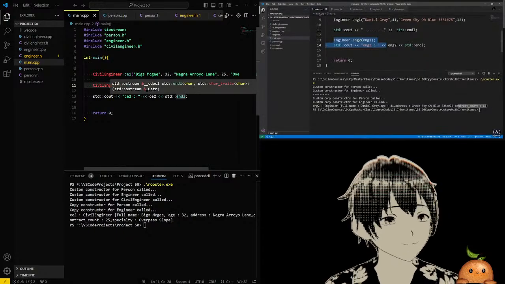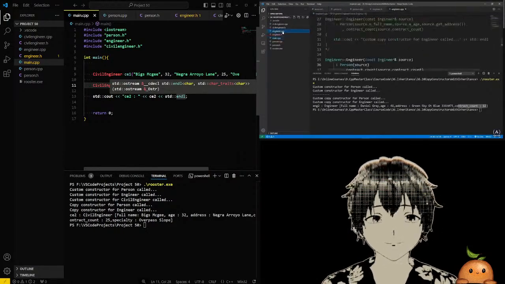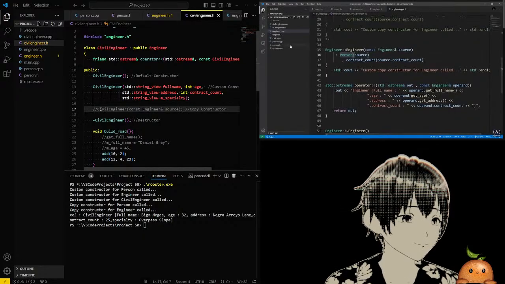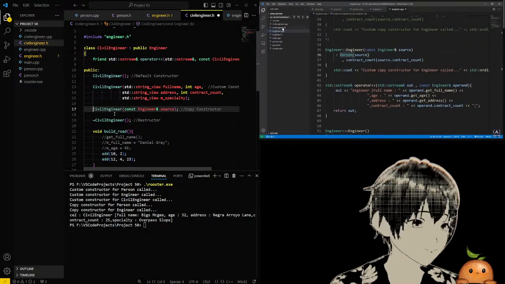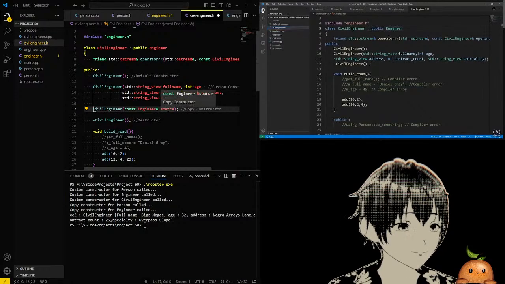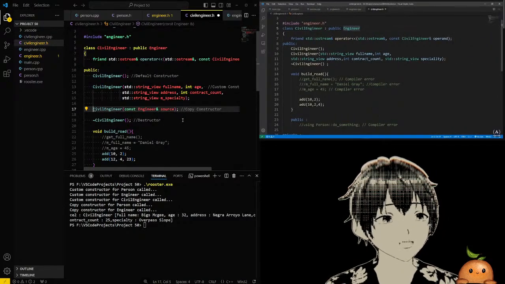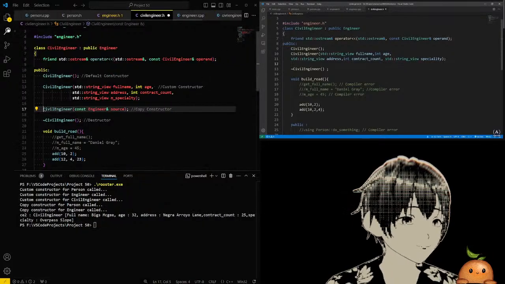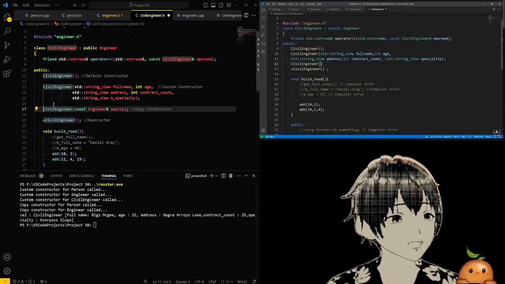We can safely reuse the same ideas in our civil engineer copy constructor. We can head over in our civil engineer and set up a copy constructor. So let's do that. We can close the left sidebar here so that we see the entire thing. We are going to say civil engineer, and we want to set up a copy constructor, so we're going to